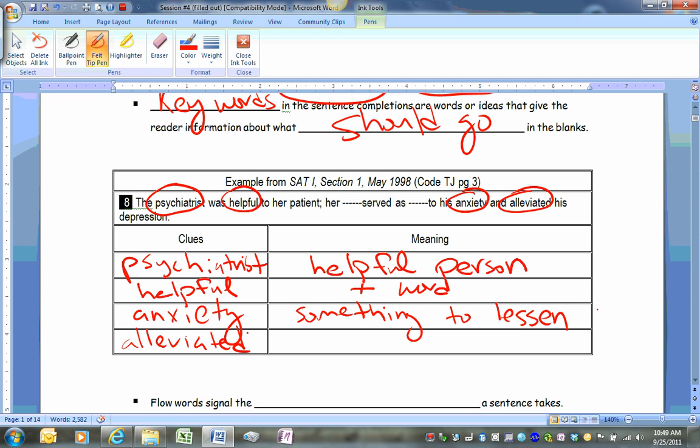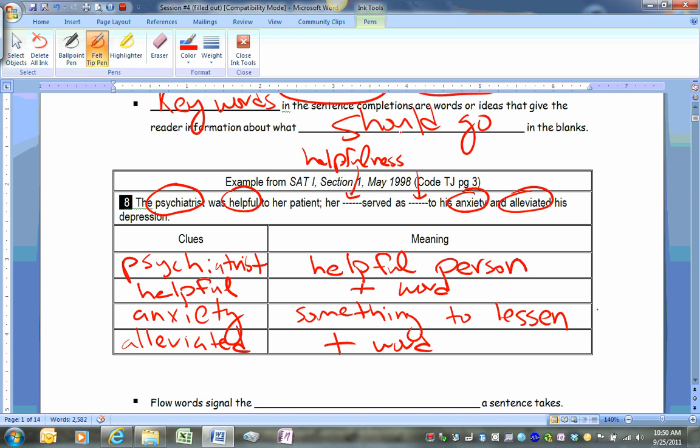Anyway, okay, guys, forget about it. Let's move on. Alleviated, also I say is a positive word because she's alleviating the depression. Means she's trying to get rid of depression. So, just by focusing on these key words, we know we're looking for positive words to fill in the blank. So, if I were to choose my own words, you could probably say her... What would you say as the first blank if you were to plug in a word? Her helpfulness? Yeah, that's a great word. Or her calmness, or anything that's positive.